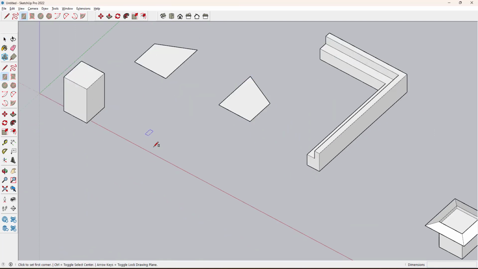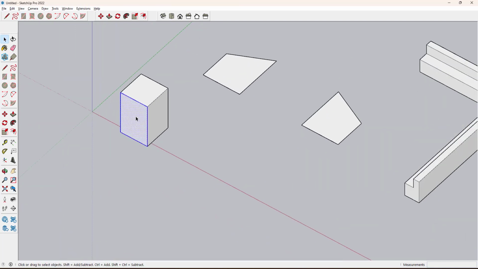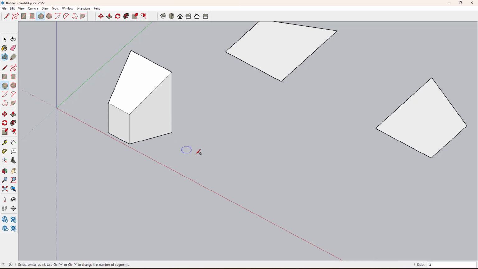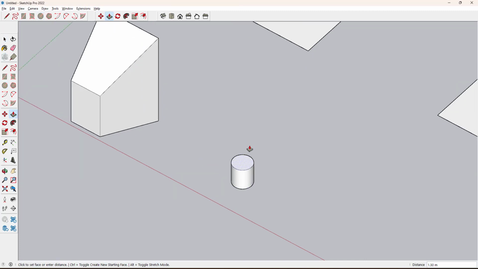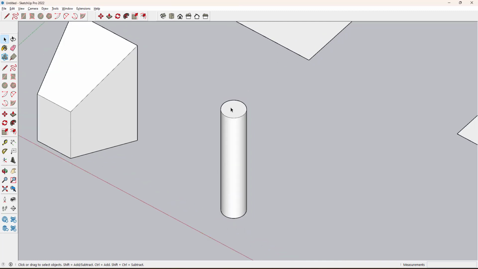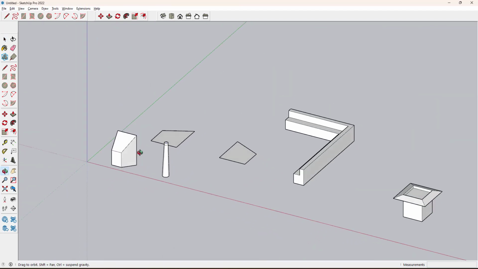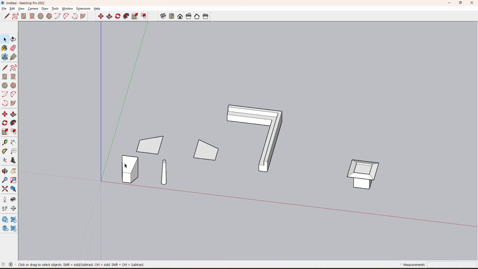You can even scale any face also. Select the face only and then press the S button and reduce the sizes by pressing the control points like this. You can change the shape of the object. I just go with the circle and I am pushing it here. To make it taper, I select the top face and move it inside like this. And you can push it to get one more segment. So like this you can apply the scale command for scaling and mirroring.